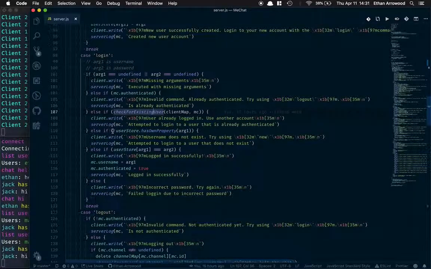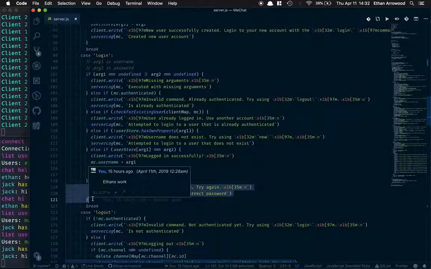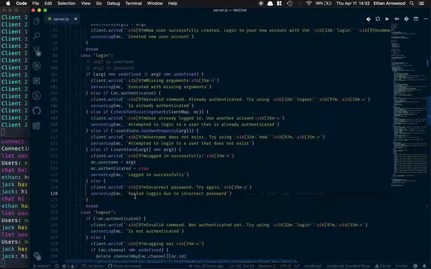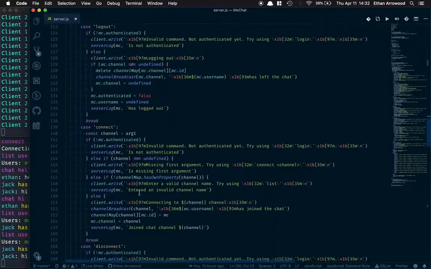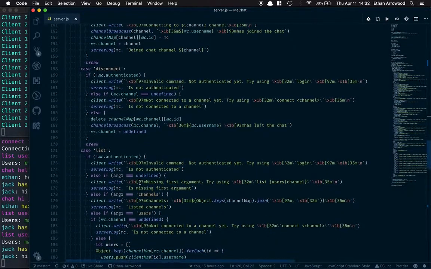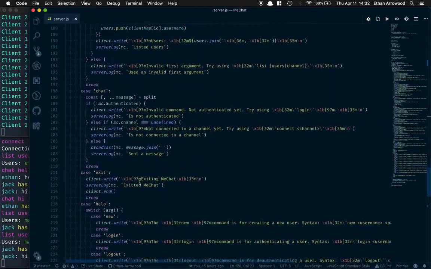Additionally, we check if the username does or does not exist. And if it does exist, we then check if the password that they passed in is equivalent to the password that was used when they created the account. If so, they've logged in successfully. We set their username on the client instance, and we toggle the authentication to true. Lastly, if that last condition fails, we know that they've passed in an incorrect password, and we tell them to try again. We have more commands here, such as the logout command, the connect command, disconnect command, list, chat, exit,